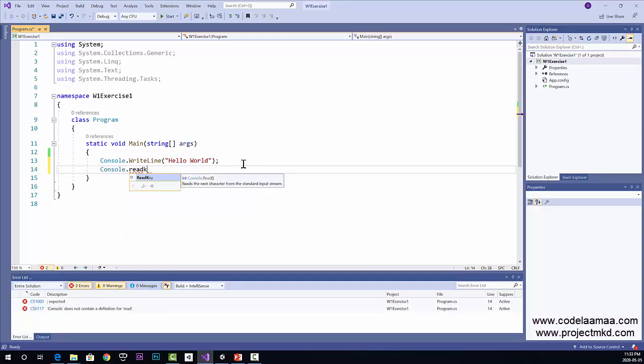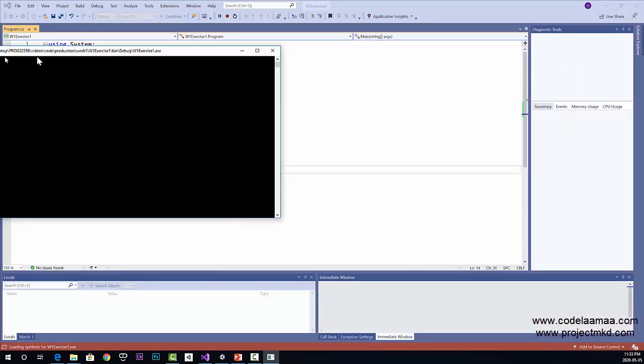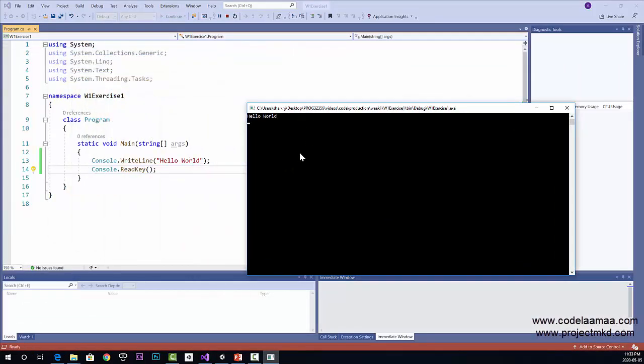You can say read key, which will just provide an option to enter one key, or read line will allow you to type in a line of information, and essentially you hit enter and it goes away. Now if I run it, hit start,